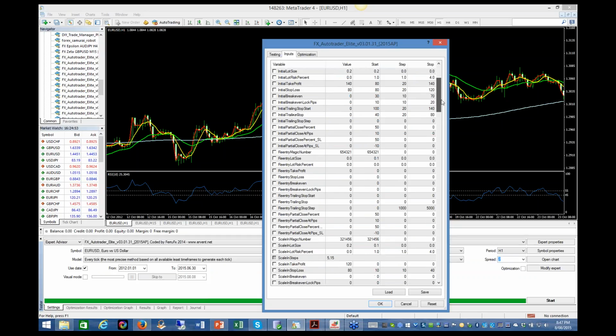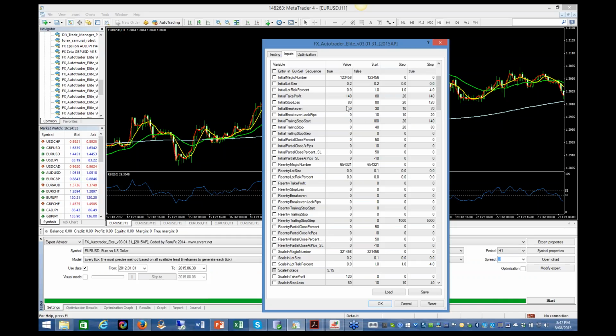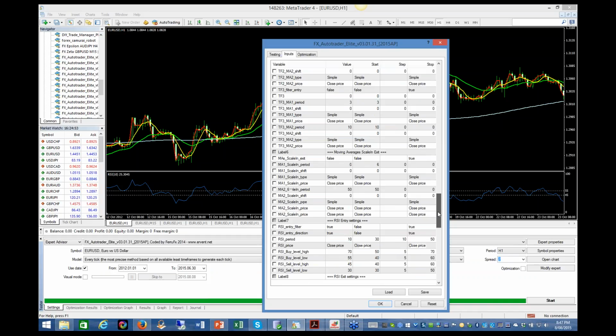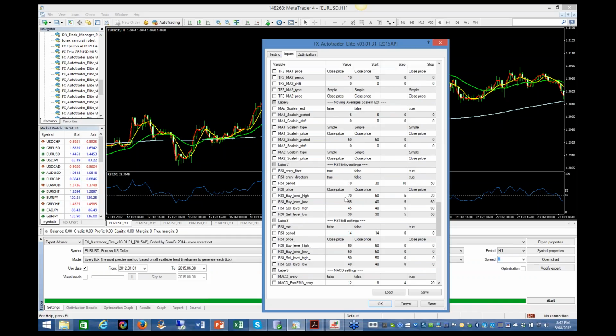Now, obviously, there are other things, as I said, that we can do. We can try adding trailing stops or break-evens, etc. And the other one that I was showing you before in RSI, I have also found that if I change that to 65 and this to 35, I'm now in my RSI entry settings. So 55 and 45 are the upper and lower limits for buys and sells. But